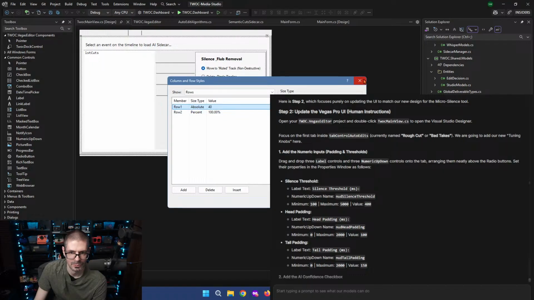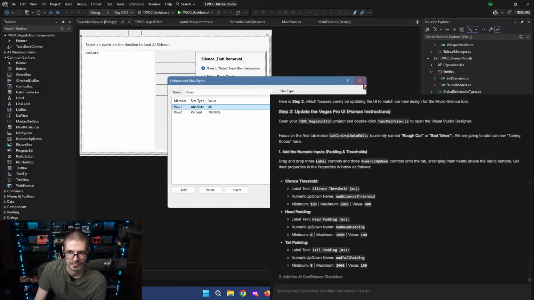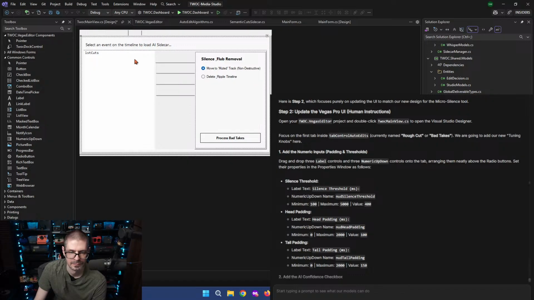So it's rows. I want the columns though.